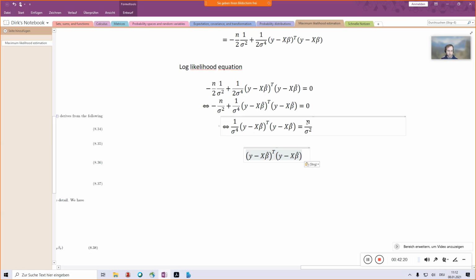So put the sigma 4 on the other side, so that we here have sigma 4, which we then can, of course, reevaluate. So this leaves 1 sigma square, and then we can divide by n, so then we end up with our estimate being 1 over n, this expression here,